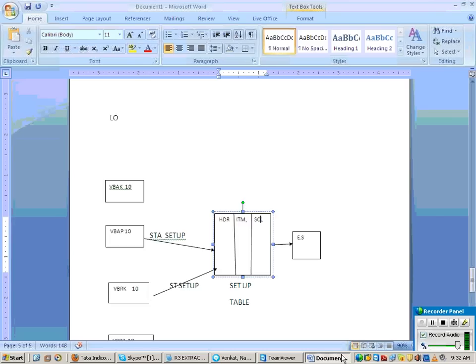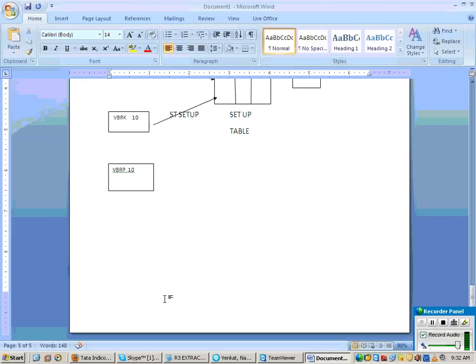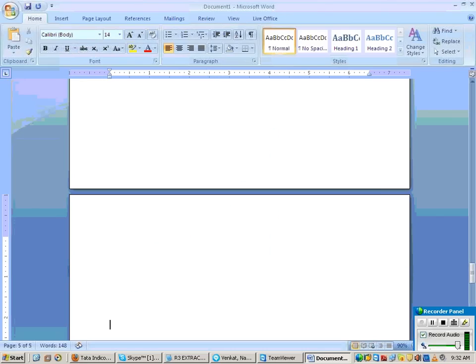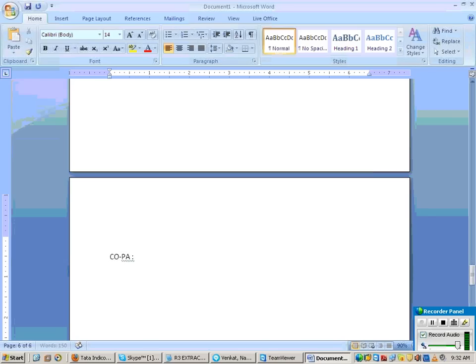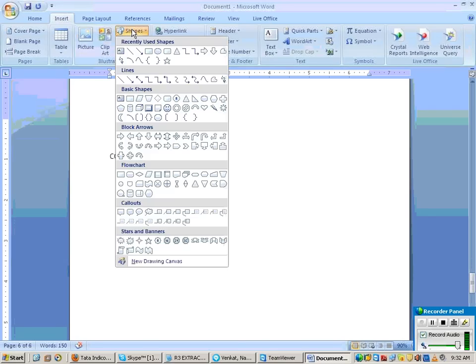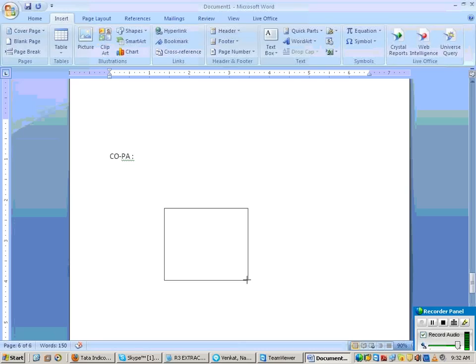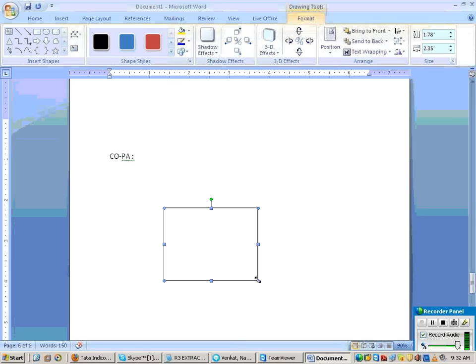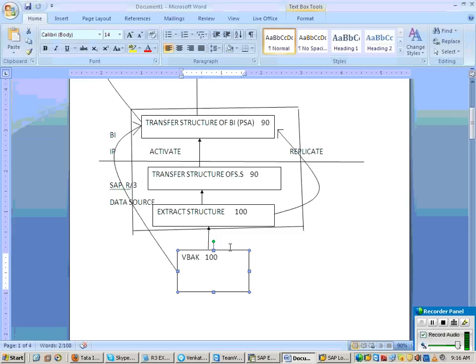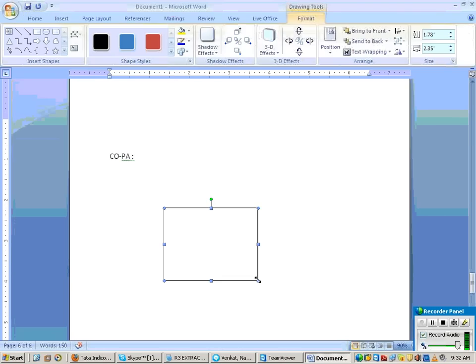So now finance people will be using something called as operating concern. So you can imagine this operating concern same as your cube what we are using in our BI system. Right?